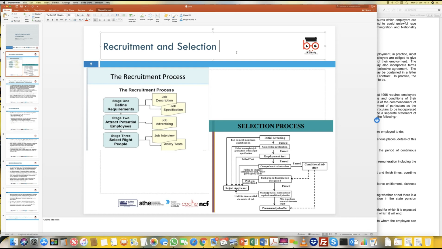In the case of Google, for example, or Facebook, if they put out a job advert saying we want X number of programmers, then during the recruitment and selection process, after the CVs have been received, some of these candidates will be asked to do a coding test or a programming test to ensure they have the current knowledge for the role they've applied for.